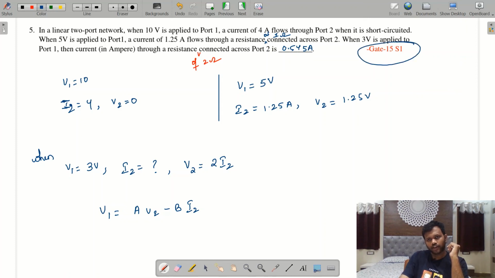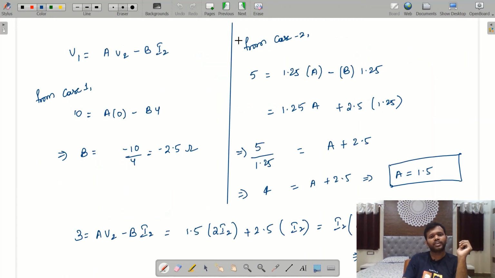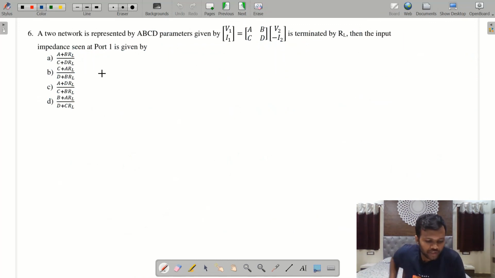This question they had given for 2 marks. So there is no change in the network. You are just changing the output, what you are connecting, and the input, and you can still find out whatever may be the current and voltage across the load in this way. Right. So I'm going to explain one more question.